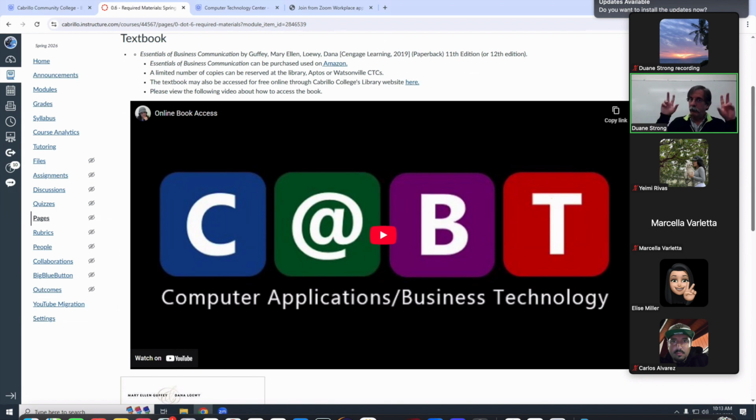So there's a third option. You can buy the book via subscription. This is all in the libraries, on the bookstore site. You can buy the book by subscription. I think it's $60 for the year or something like that. And that will allow you to play audio. And I think the accommodations office will do that for you. Will buy it for you or something like that. I don't know. Yeah, they do. Yeah. Okay, cool.